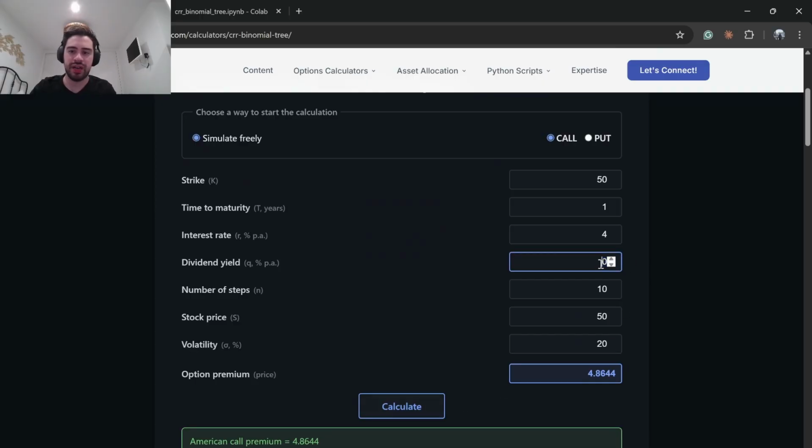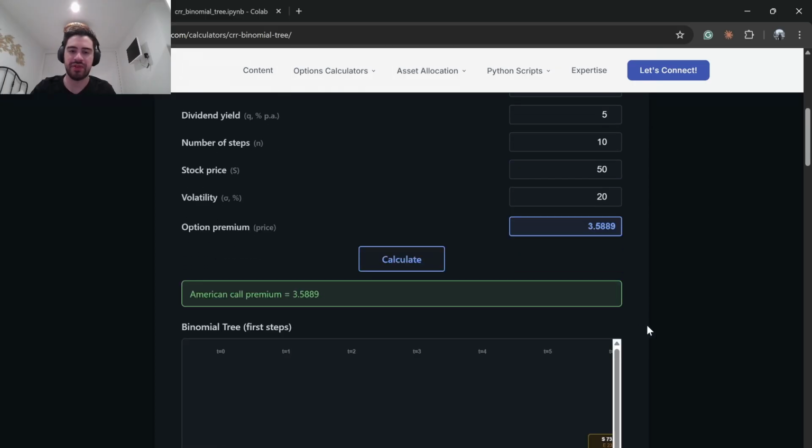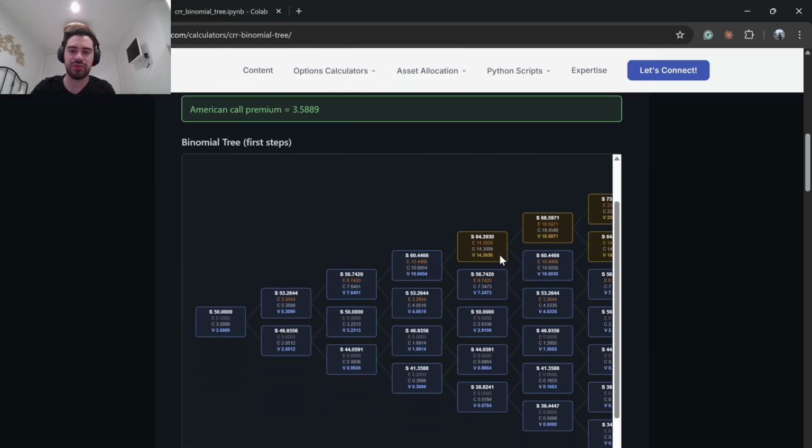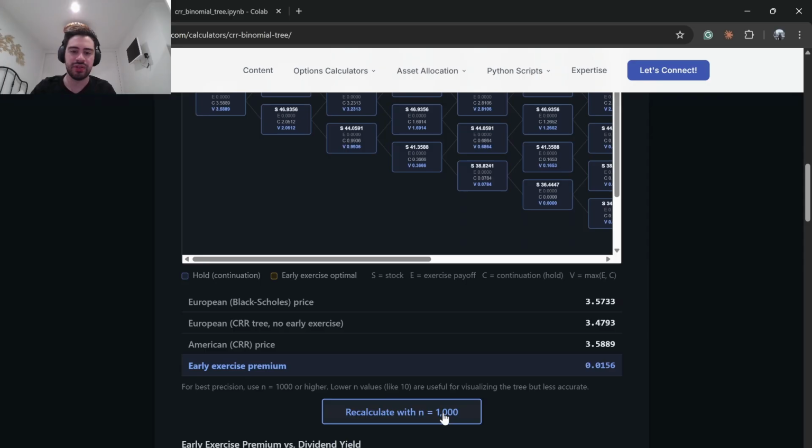But we should increase the number of nodes, because 10 is too low, it was just to visualize it. So when I recalculate with n equals 1000, here we have our insights. You see, the European Black-Scholes price is 3.57, and the European binomial with 1000 nodes is 3.57. So basically the same value as Black-Scholes, but the American price is a lot higher. You have an early exercise premium of